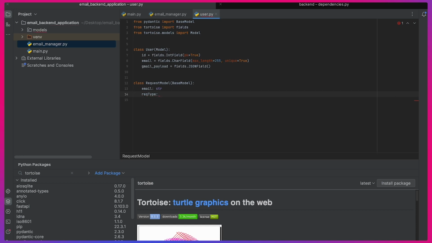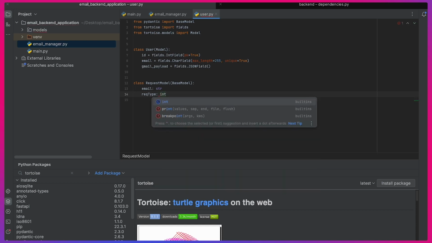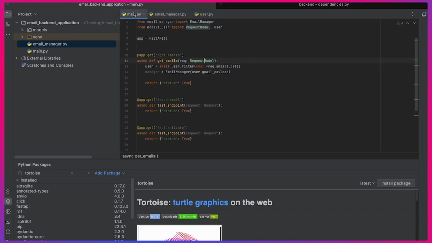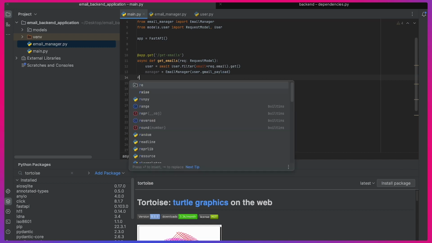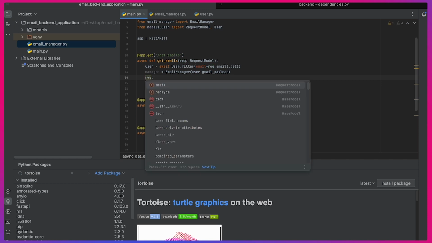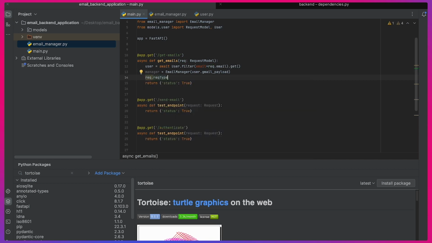So request type will be an integer value, that will be 0, 1 and 2. Right. So based on that, request type,